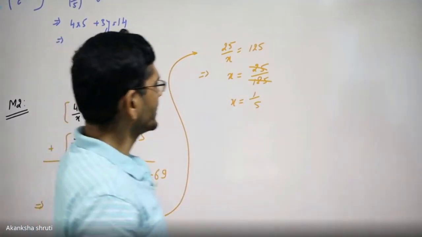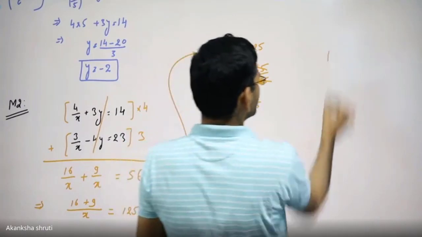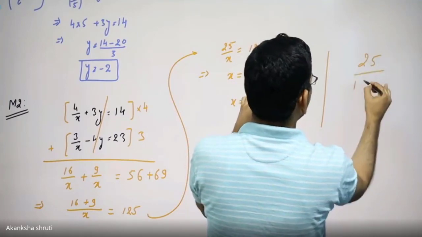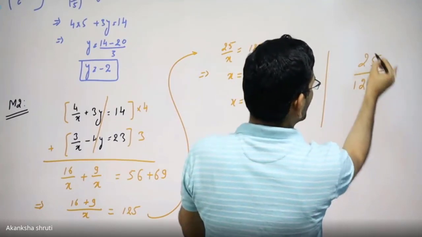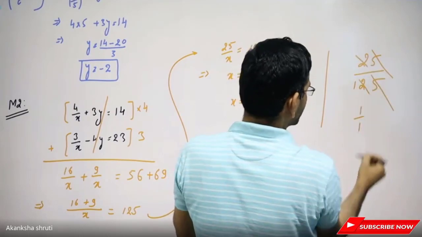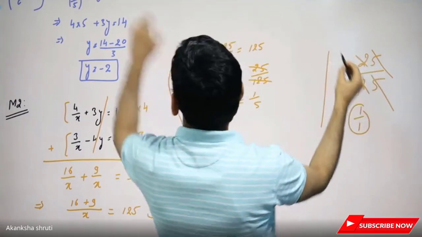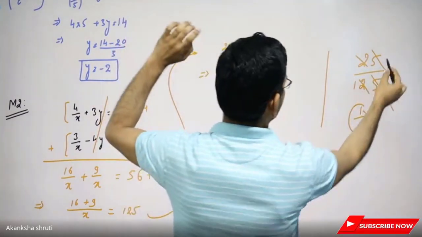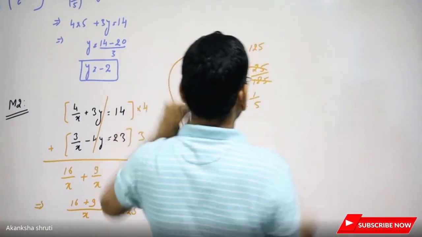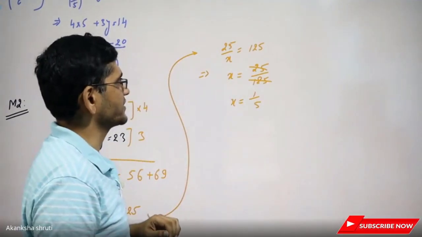Students, some of our children, I think none of you are like that one. Some of our children come into 9th, 10th also, and if they have to solve 25 by 125, they cancel this 5 with this 5, this 2 with this 2, and they write 1 by 1. Okay, it is wrong. Okay, no, it is in the multiplication. I hope none of the students is of that category and no one in this batch is like that. But from my previous experience, I have observed that the students are committing those mistakes also.